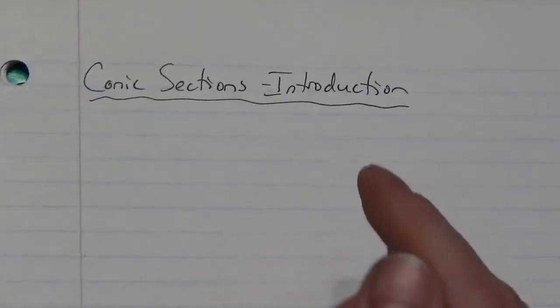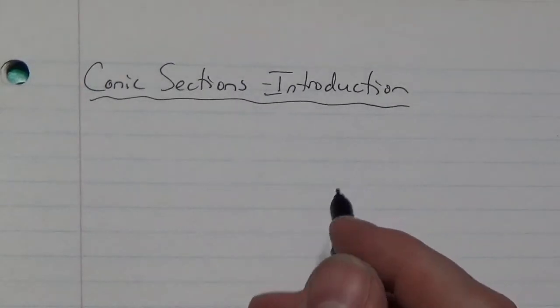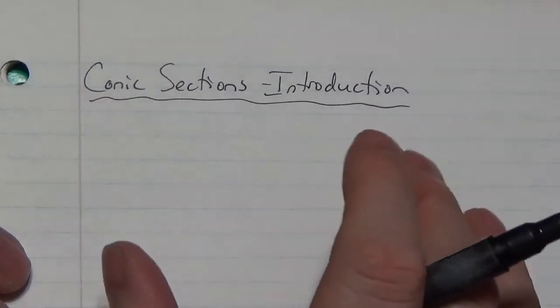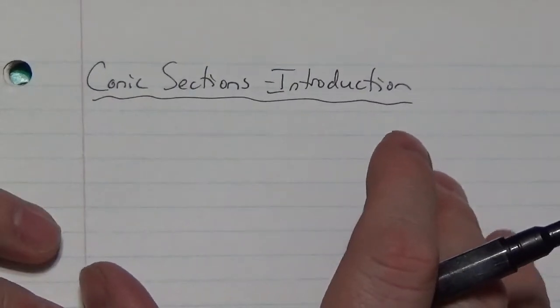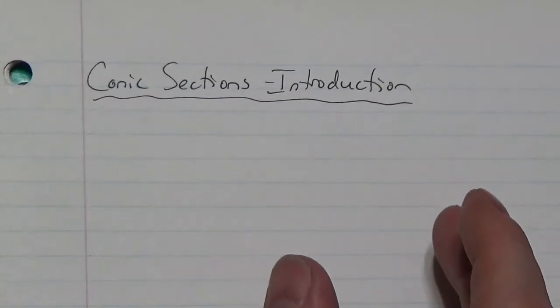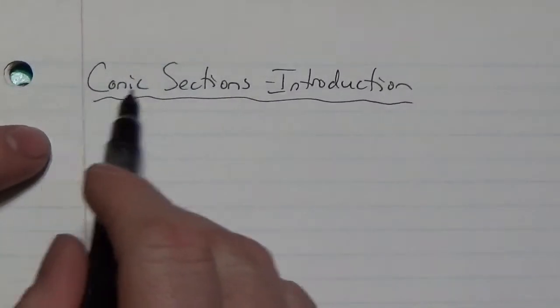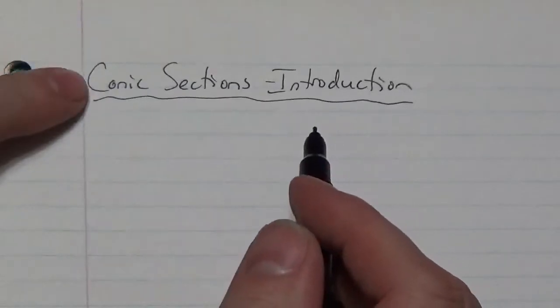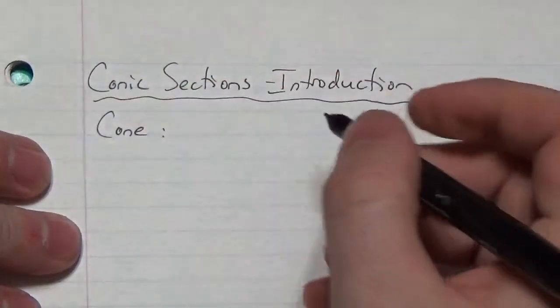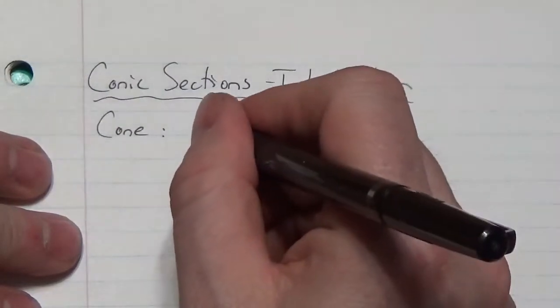Hi everybody. What I'd like to do in the next few videos here is introduce you to what we call conic sections. It's a form of geometry, but the way we're going to look at it here is more as a coordinate geometry sort of topic. And where we start with this, if it's not abundantly clear from that word right there, we are going to start with a cone, which is basically a solid